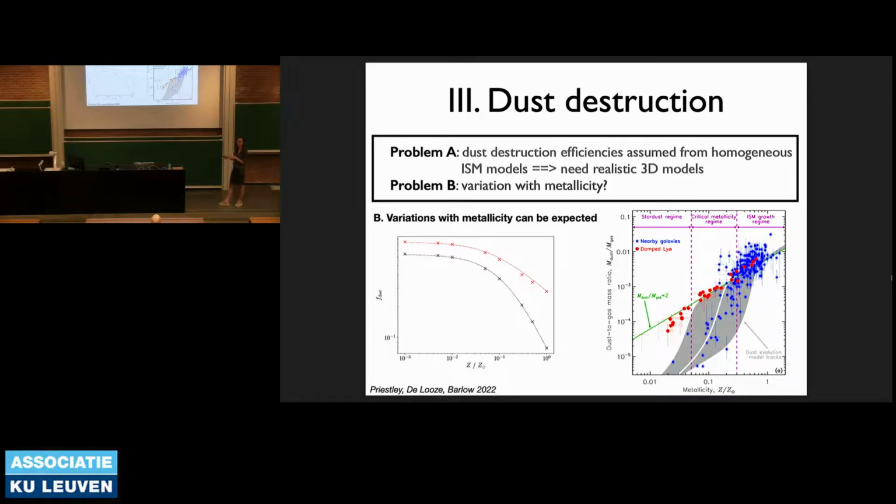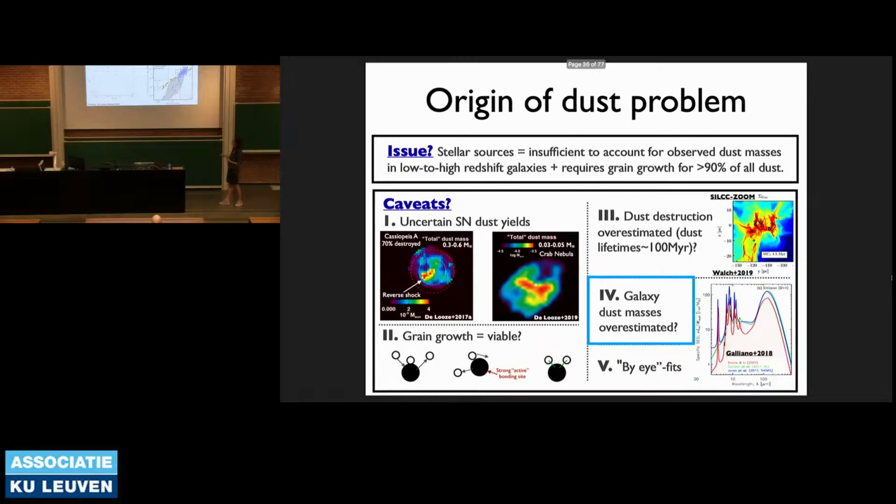It's not very quantitative, so it's not something that can be used in models yet, but it does show that there is some variation and that we expect dust destruction to be more efficient at low metallicity. And remember this diagram, which has been used up to now to account for grain growth; maybe that could provide an alternative explanation. It could be that you still produce enough dust at low metallicities, but that dust destruction is more efficient, which would lower your dust to gas ratio.